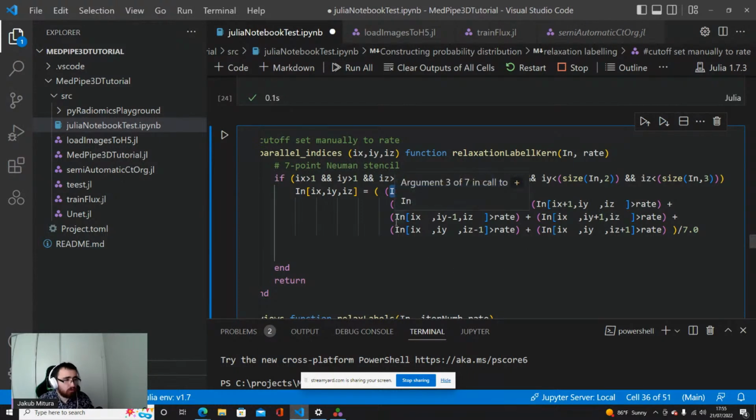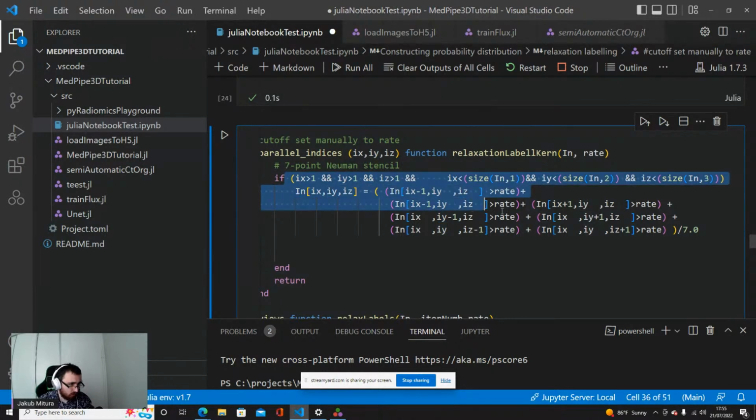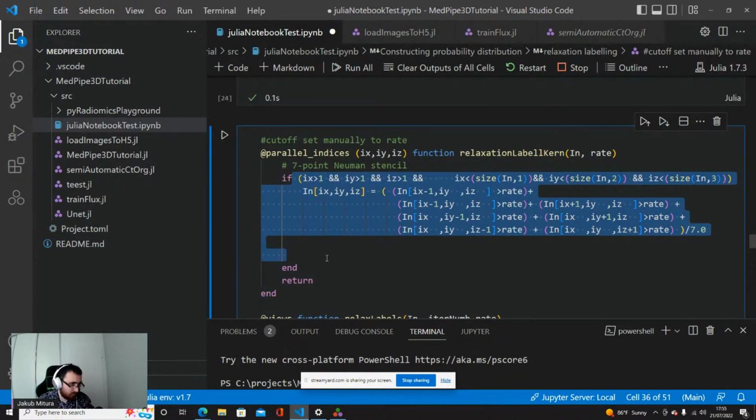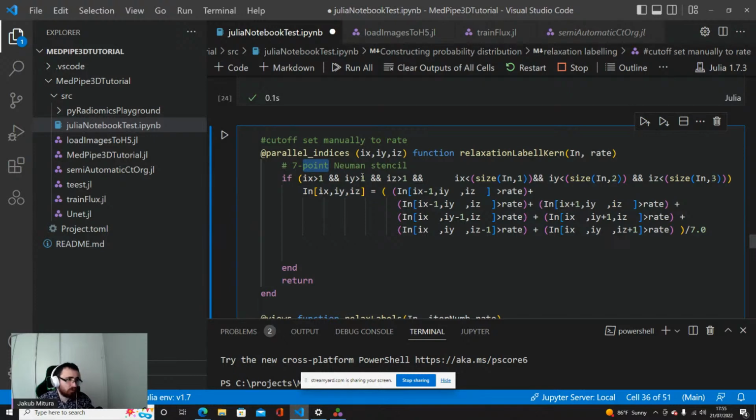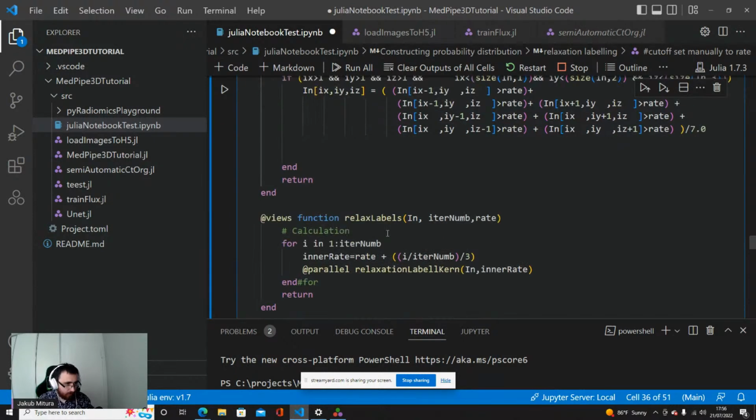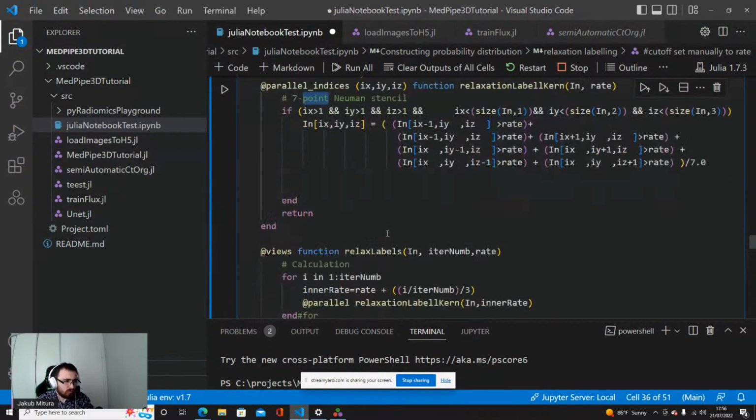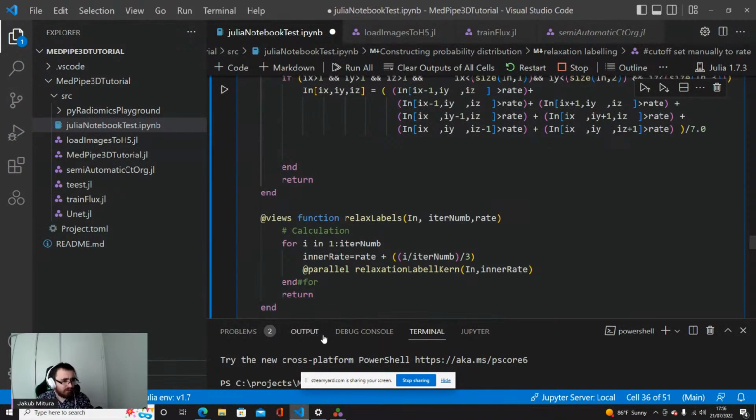So I'm choosing here -1 in x direction, +1 in x direction, +1 in y direction, -1 in the y direction. So all points around, and I get some mean. This is the 7-point Neumann stencil, basically. So I'm not looking in the oblique directions. And on the basis of this, I can define this relax labels function.